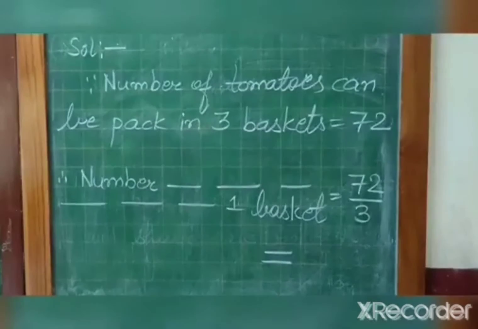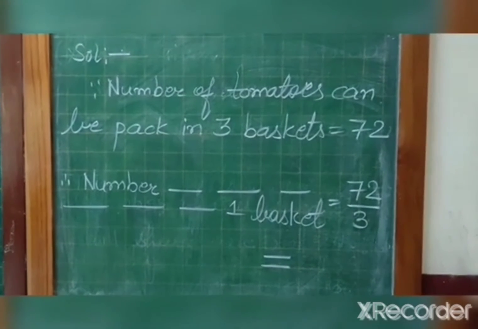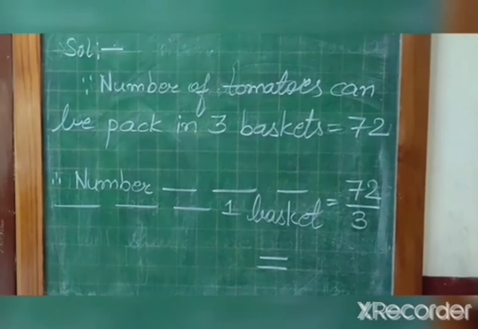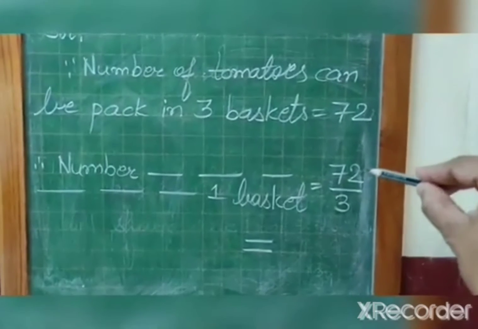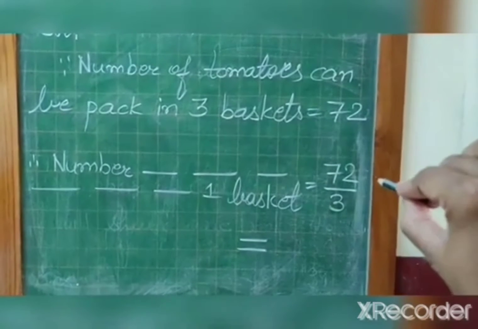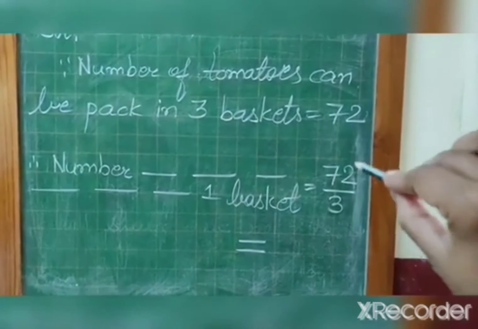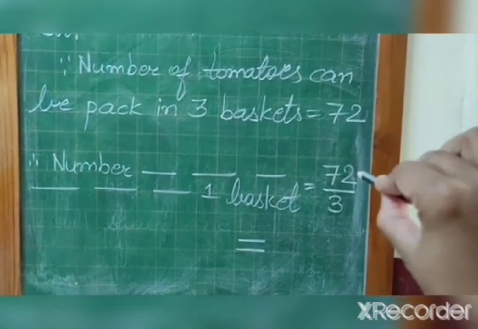Okay, now next question. You have to distribute 72 tomatoes equally in 3 baskets. How many tomatoes will there be in each basket? Let us start. Now see here, the number of tomatoes that can be picked in 3 baskets is equal to 72. So the number of tomatoes that can be picked in 1 basket is equal to, this number is always taken in the numerator, this you will take in the denominator, 1 is in the numerator. So we can neglect the 1. And if you want to write the multiply sign and 1, you will write 72 1s are 72. Again you will get the same thing.